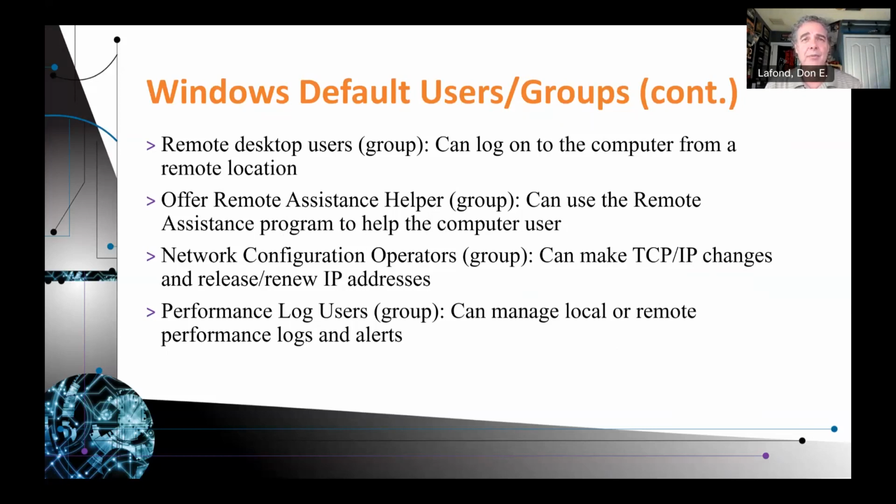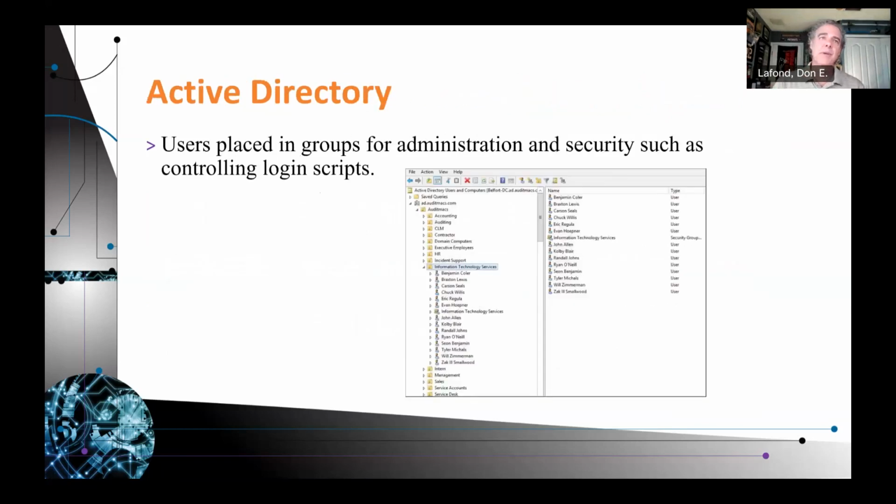Network configuration operators can make TCP/IP changes and release new IP addresses. And the performance log users group can manage local and remote performance logs and alerts. Now, I really should have showed you this picture first because these are the groups. This is Active Directory. This is just touching the way networks control who can do what. And you can be a member of multiple groups. That's not a problem. And people are placed into one or more groups for administrative and security purposes, such as controlling